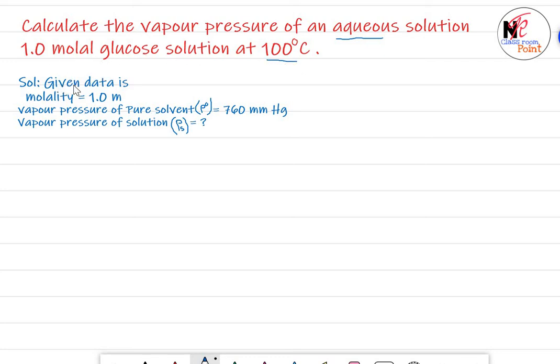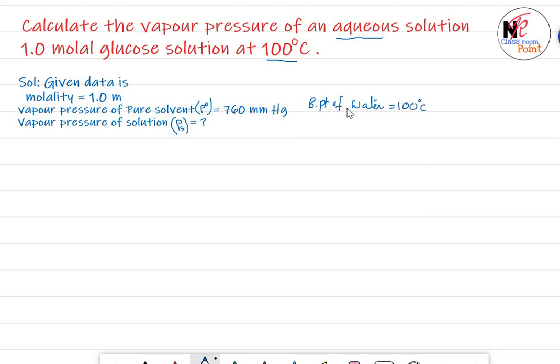Now first of all, let us try to write down the given data. Molality of the given solution is 1 m. Vapor pressure of pure solvent they did not give, but they said aqueous solution at 100 degrees centigrade. Water boils at 100 degrees centigrade only. So boiling point of water